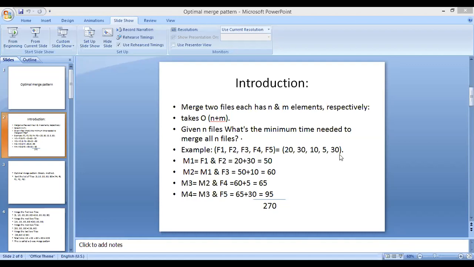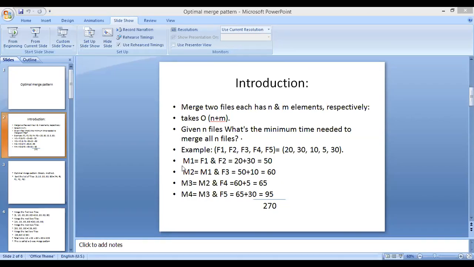Now let's count how many operations we are going to do. Suppose I combine F1 and F2, so it will take 20 plus 30 equals 50 operations. Then 50 is our merged file. Now I combine it with F3 of 10, so 50 plus 10, it will take 60 operations.